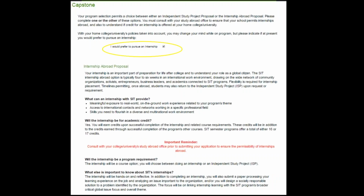As part of all SIT programs, we have undergraduate research taking the form of either a capstone, which is a research paper where you go out in the field, collect your data, synthesize the data, and then put together a 20 to 30-page research paper, which you then present to professors, your peers, and any professionals that may be invited